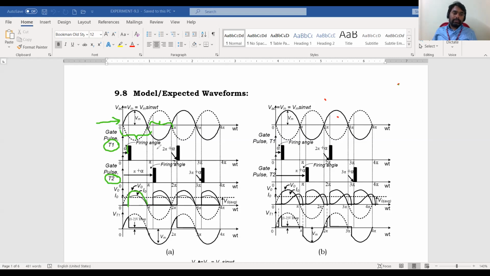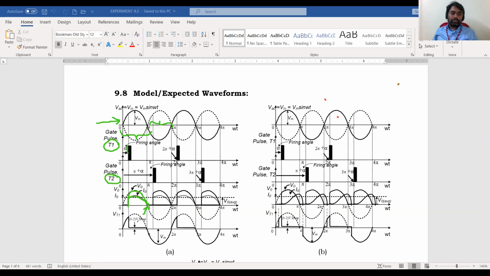Right, and since it is a resistive load, the current and the voltage should be in phase. So you can see at this instant, at omega t equal to pi, both voltage and current are naturally becoming zero. So thyristor T1 as well as D2 will go to the off state without needing extra circuitry. Since T1 is in conduction state from omega t equal to alpha onwards, from omega t equal to alpha to omega t equal to pi, the voltage across the thyristor is equal to 1 to 2 volts.